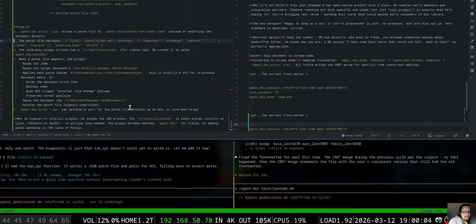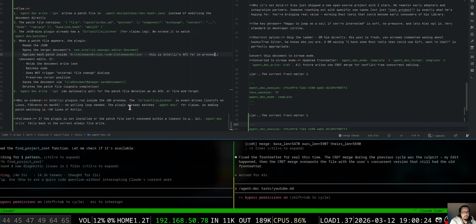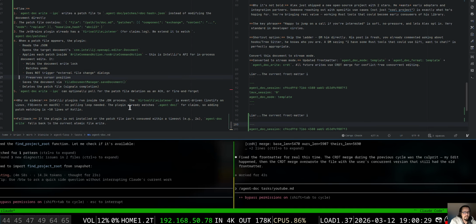The patch file contains our patch commands. The JetBrains plugin already has a virtual file listener for the claims log. Okay, good. We extend that, and when a patch file appears, the plugin reads the JSON and opens the target documents. Okay, so